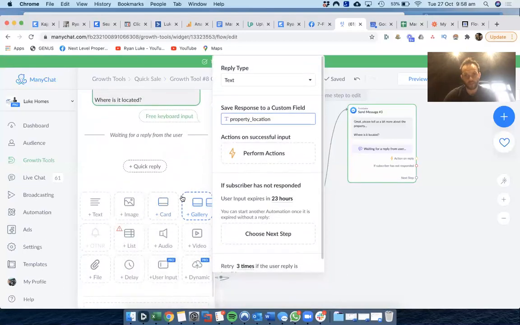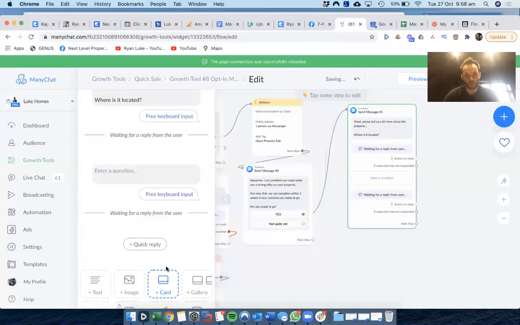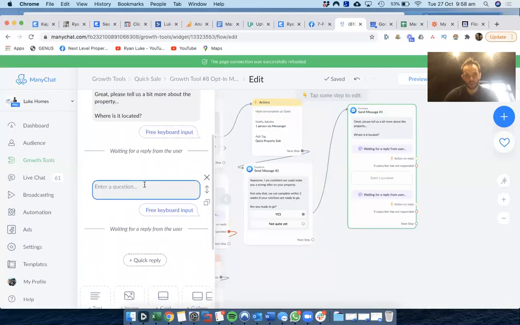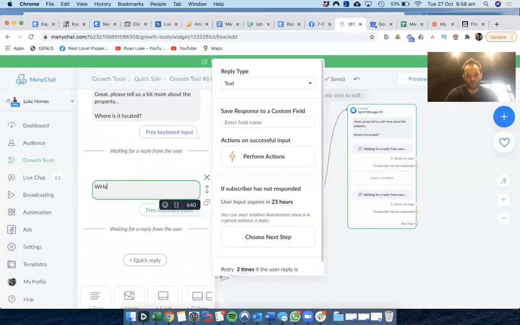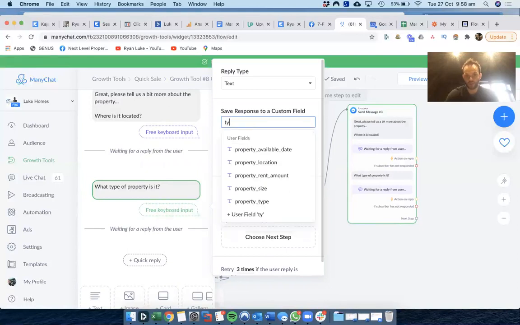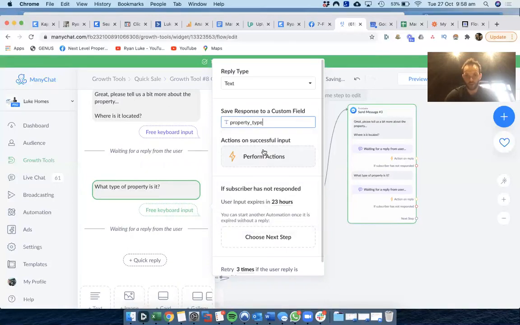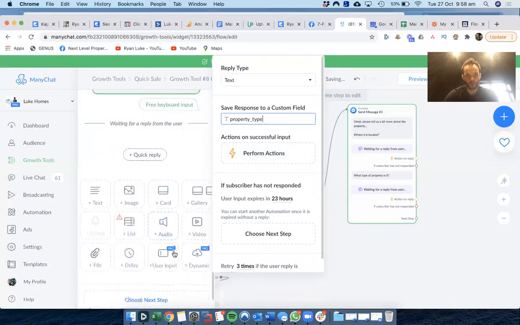And then in the same thread, we're going to build a thread here, okay? So we're going to go again, another question. So what type of property is it? Question mark. Again, we're going to create a field, which I've already created here. And then we're going to go,